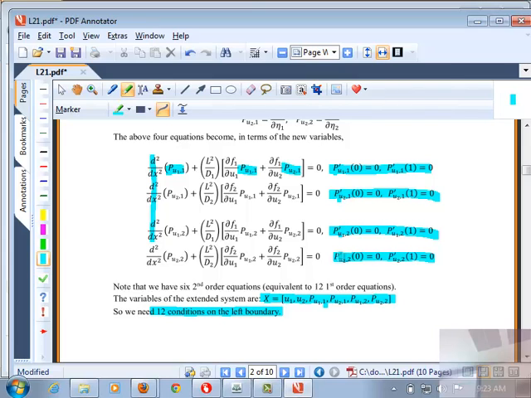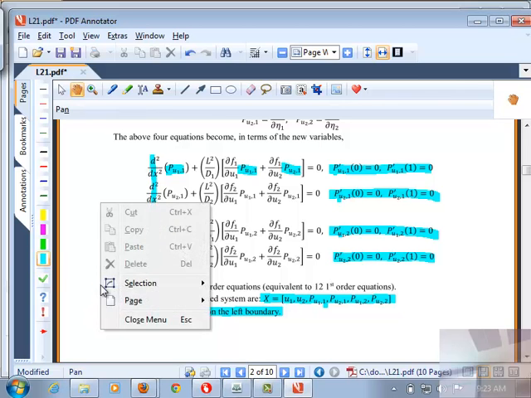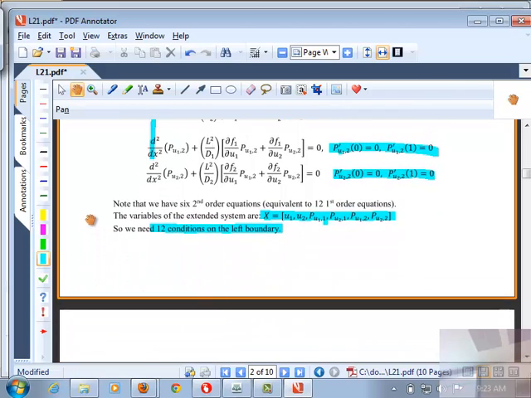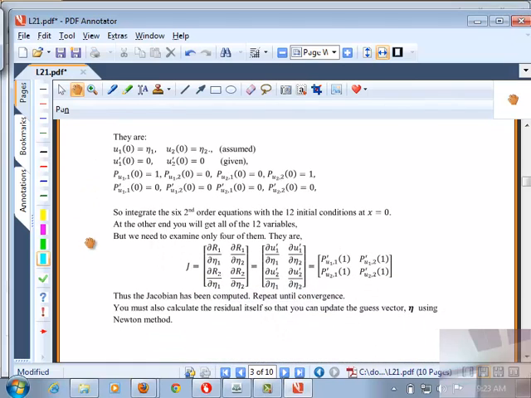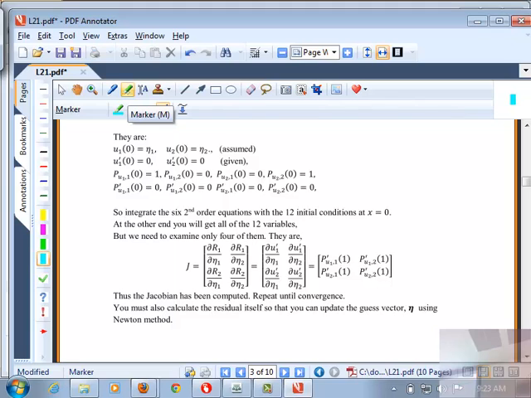So let's count this carefully. Okay, so I'm going to first highlight the ones that are given, and then tell you how we get the remaining ones. So u1 prime is given to us already. u2 prime is given to us. Okay, so from that we take its derivative with respect to eta 1, with respect to eta 2. So this entire row is coming from the given equation by taking its derivative. Okay, they're all on the left boundary. So that gives me 6. Now the others,